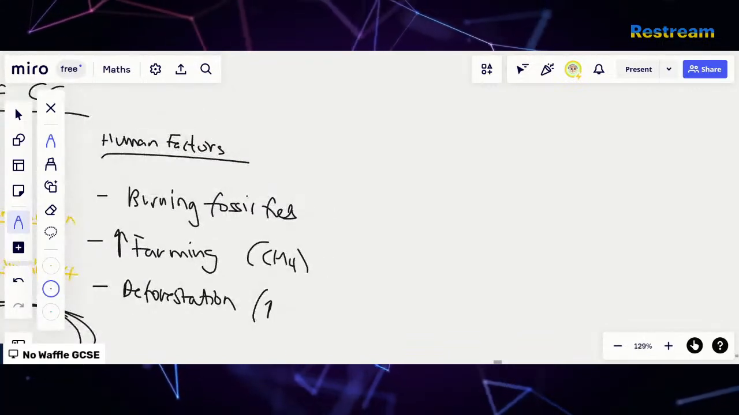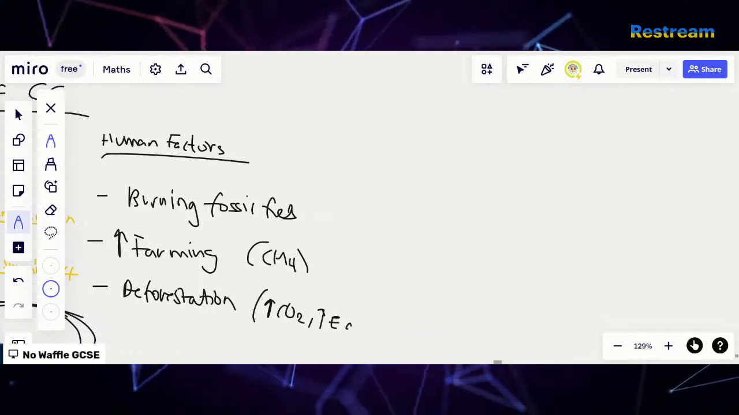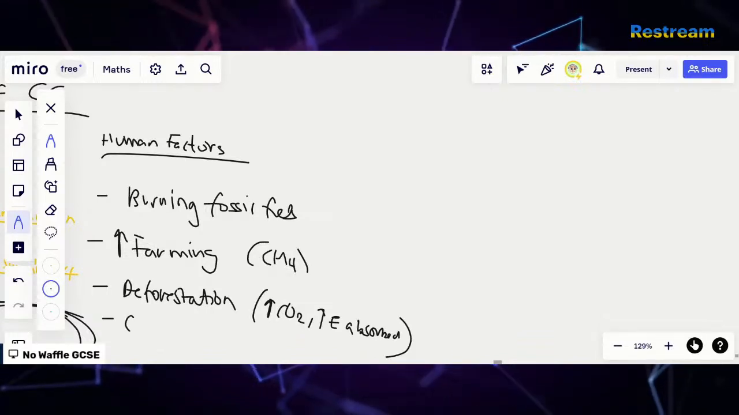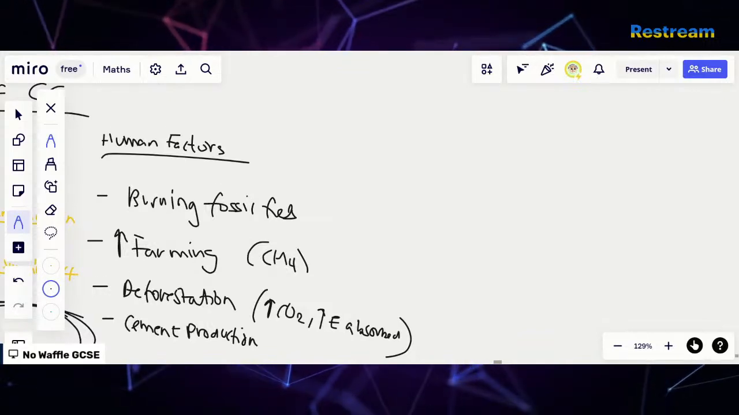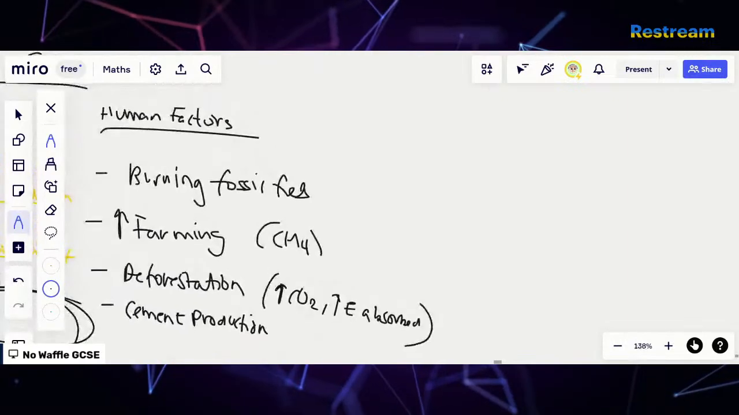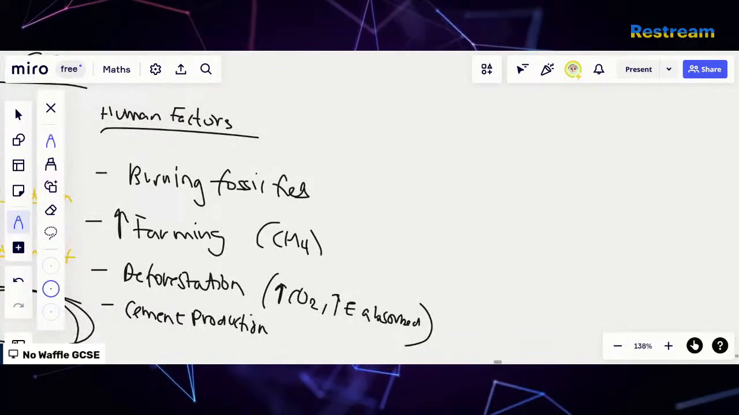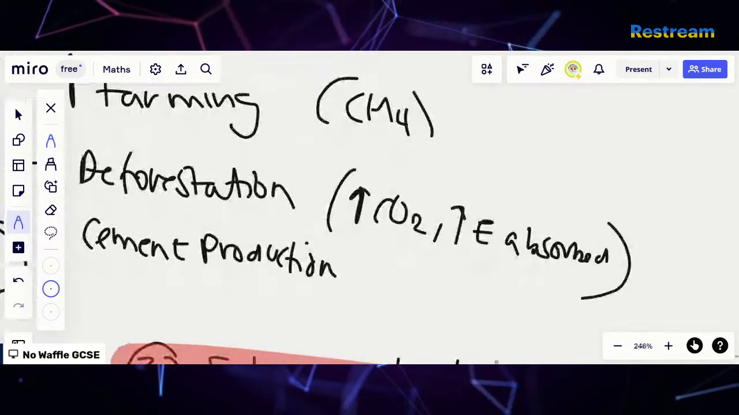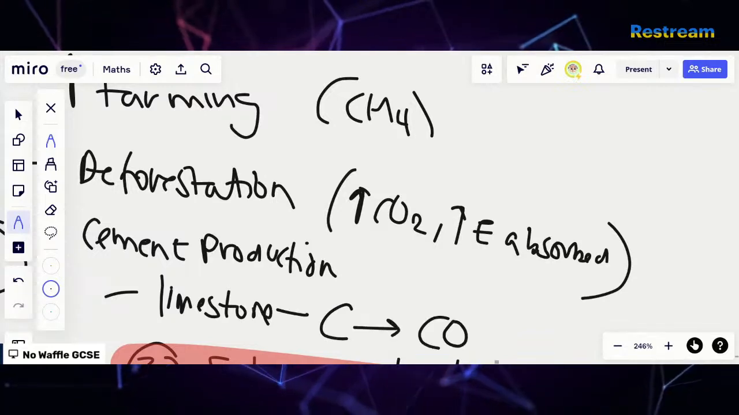by increasing the carbon dioxide output, you're then increasing the amount of energy absorbed by solar radiation. And weirdly enough, another thing is cement production. This is probably one you did not think of. So cement production is made from limestone, and limestone has a lot of carbon in it. And because of that, when cement is produced, lots of carbon dioxide is released into the atmosphere. Limestone contains carbon, and carbon then creates carbon